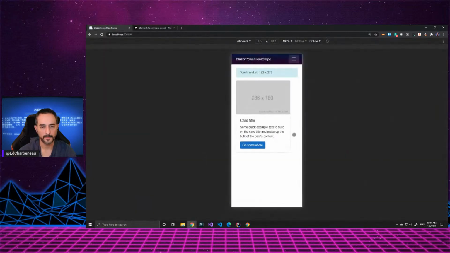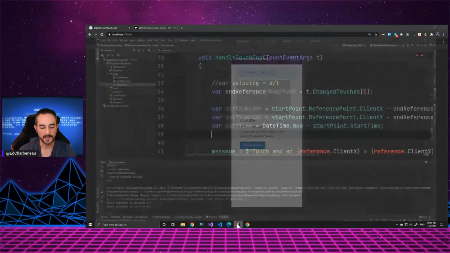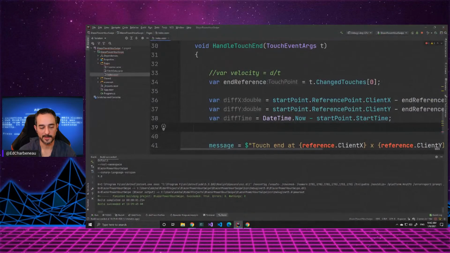Let's see here. We've got our time start, our time end, and the difference in that time, the difference in X and Y. So now we can do some velocity calculations. It sounds crazy, but it's really, really simple math. So what we need to do is set up a couple more variables here. We can get the velocity